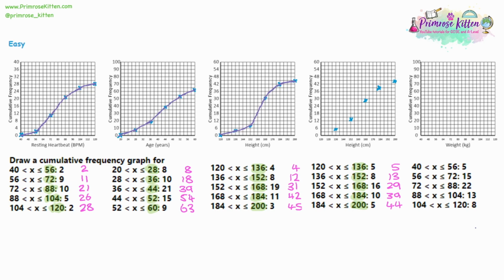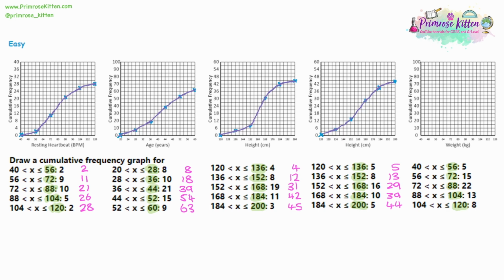And again, once those are plotted, we can draw a curve at the top, usually going into some kind of straight line, and then curving the opposite way at the bottom, remembering to finish in the bottom corner. Again, at 120, we know we've had 0 people so far, so we can take it right to the corner. Now moving on to the fifth question. So again, following our steps, be mindful of the end point.